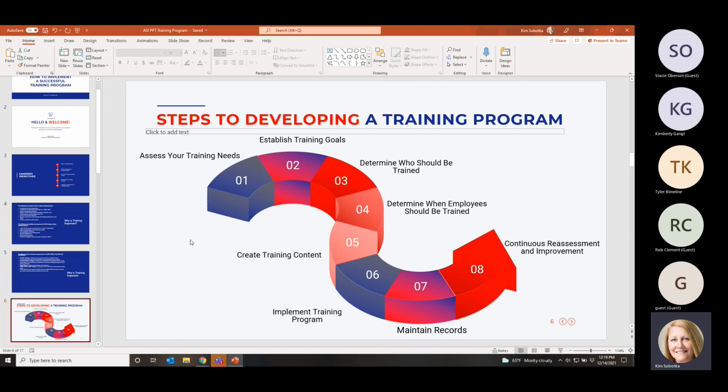So the first thing you have to do is assess your training needs. We've already talked about how everybody at new hire gets trained in basic GMPs, good manufacturing practices, or good distribution practices, whatever the case may be. And you have to determine what type of training an HR person needs. New hire training is new hire training; everybody gets it.